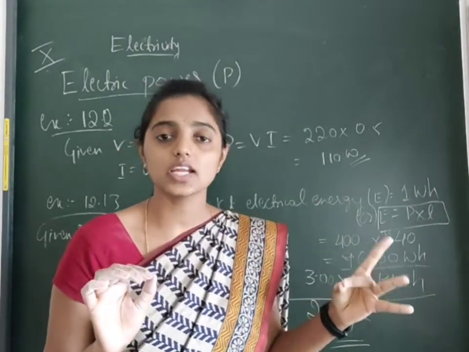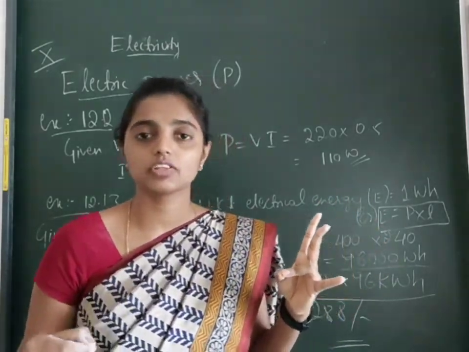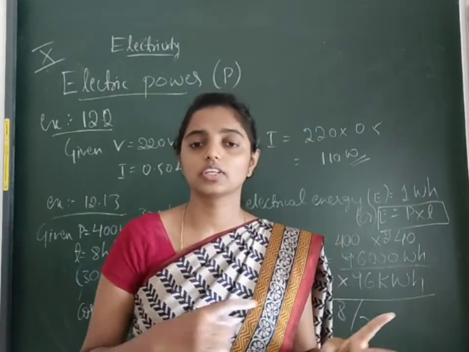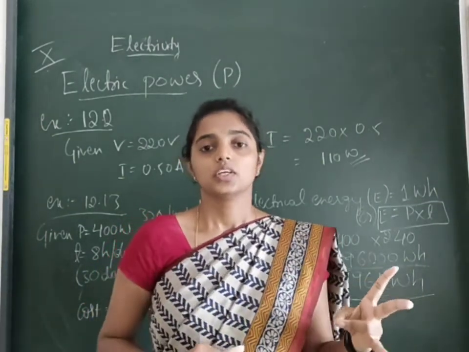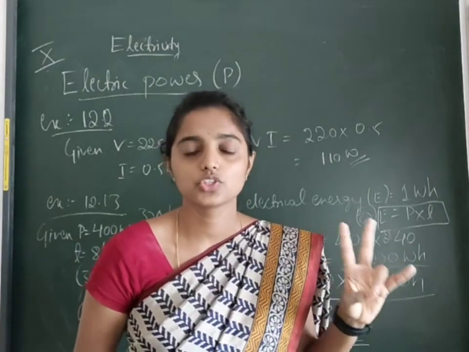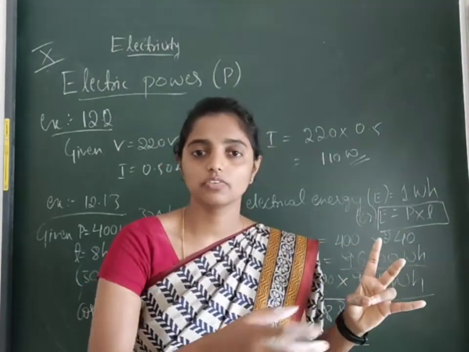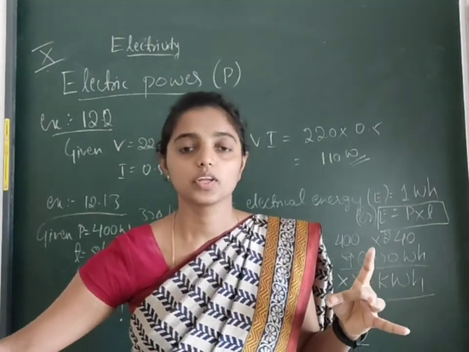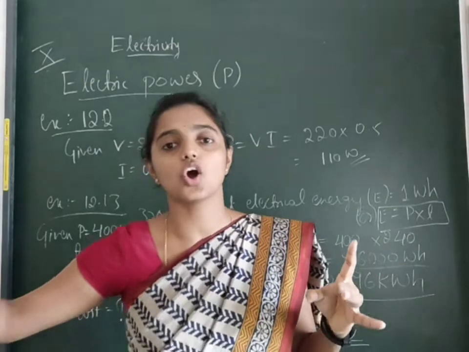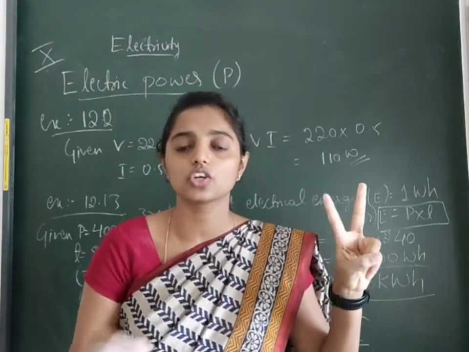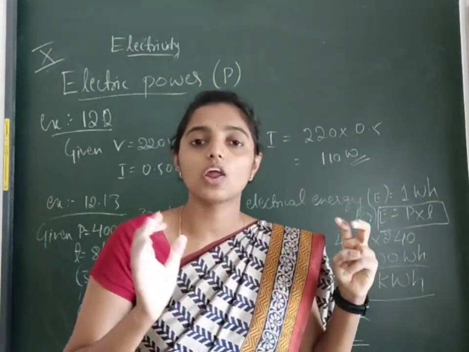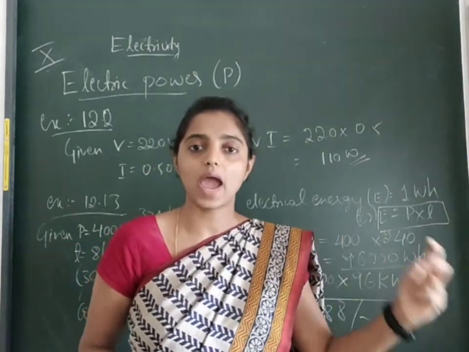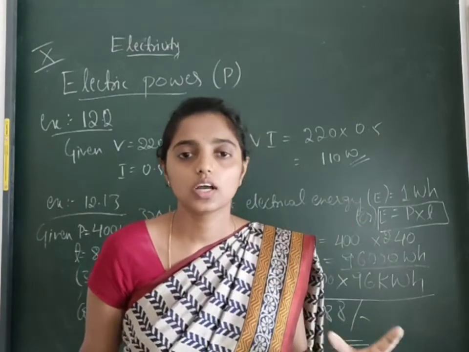And from resistance we came to know about resistivity with a formula, and we have one important question under the resistivity, right? So in the textbook we have one example problem and one from the exercise, so both the problems are important which you need to remember. After resistivity we know the difference between resistance and resistivity. Then we went to resistors in combination, where we studied two derivations for series and parallel along with the diagrams, and we came to know the advantages and disadvantages of series and parallel connection, and we solved problems, right?